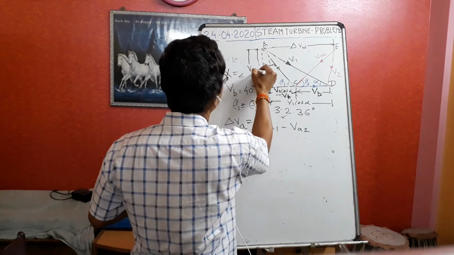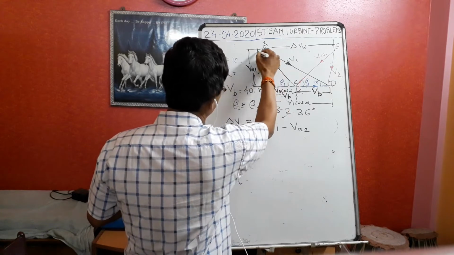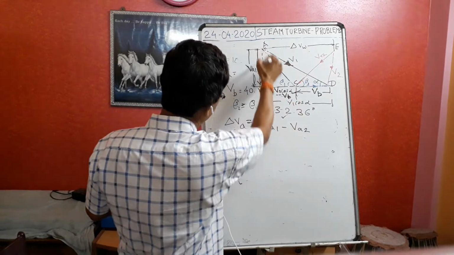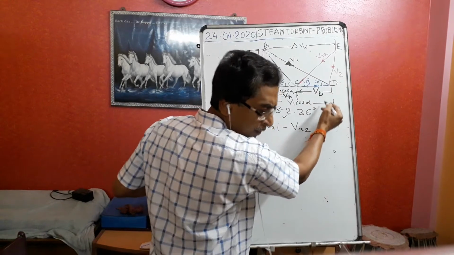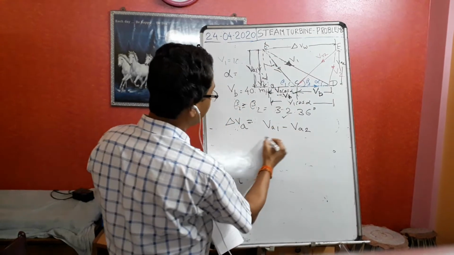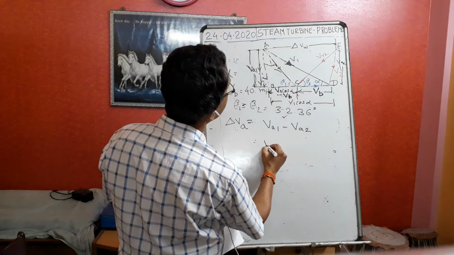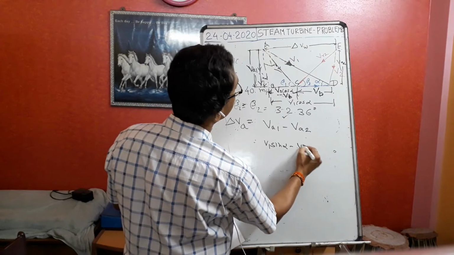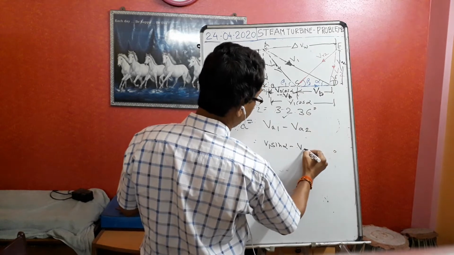This is the VA1. V1 এর ডাইরেকশনটা কোন দিকে? এদিকে. এর ডাইরেকশন কোন দিকে? নিচের দিকে. Because this is the V1 in this direction, VA1 will also be in this direction. Then what is the VA2? This is the VA2. So V1 I can write as V1 sin alpha minus V2. What is the V2? If this angle is delta, we can write V2 sin delta.